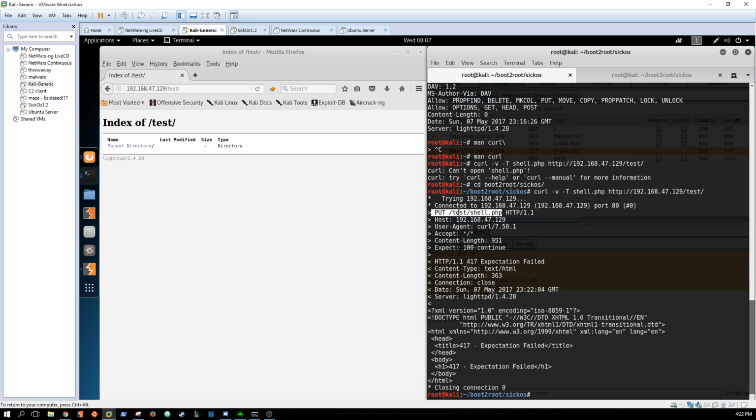So we use the put method to put our shell to test shell.php using HTTP 1.1 to this host using curl. Everything's good so far. Now we see this weird header that I hadn't seen before. You probably don't see it very often. It's Expect: 100-continue. So what this header does and what is going on here is this